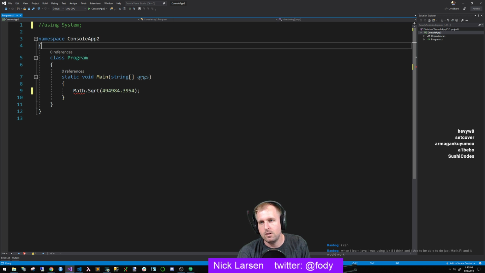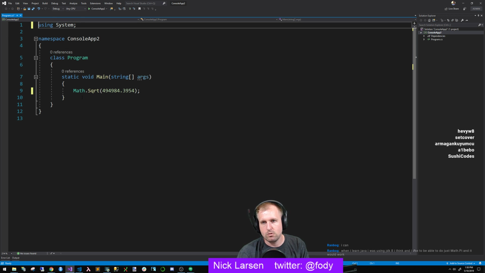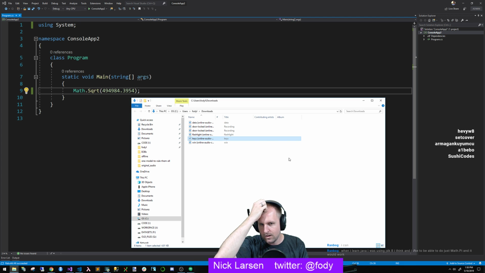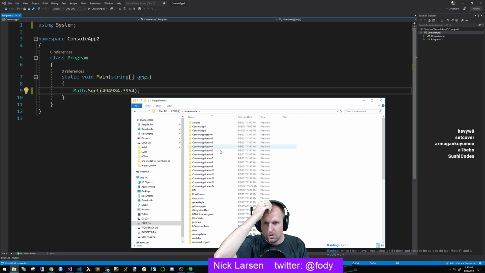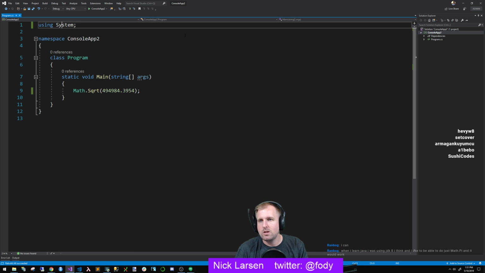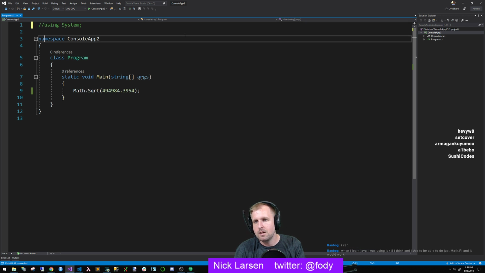In C Sharp, for instance, just including system and then building actually results in quite a bit of bloat. I want to say build, rebuild. They might have gotten better with it. See if I can go find this. We put this in code, experimental, console app 2, build. So yeah, this DLL is like 5 kilobytes, and if we don't use system and just do something else,